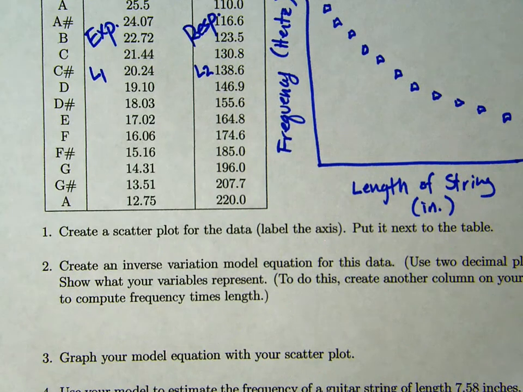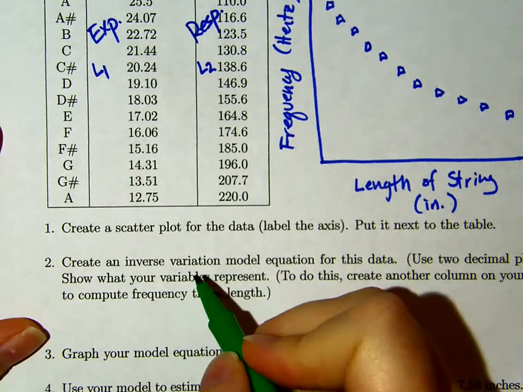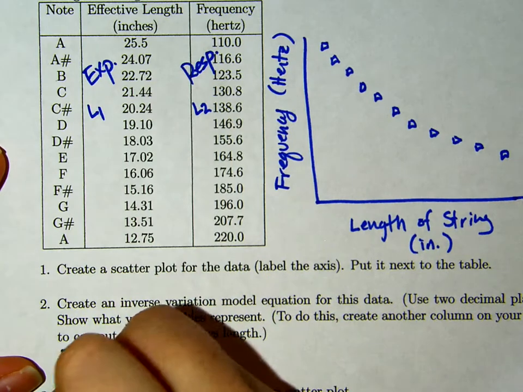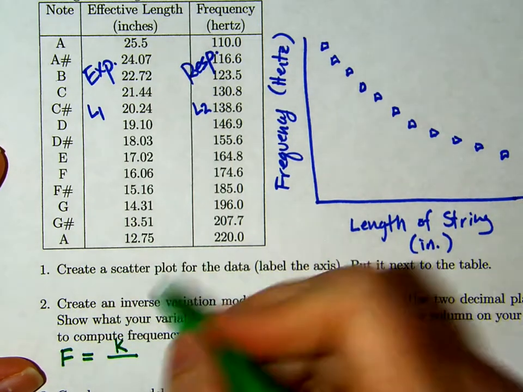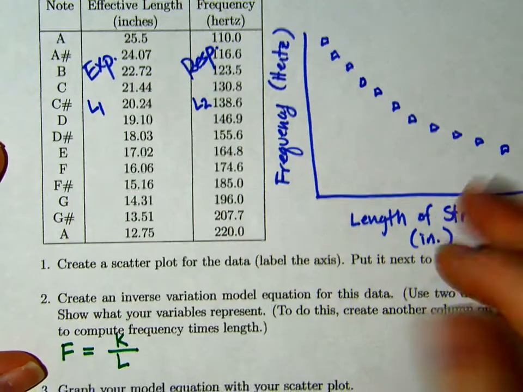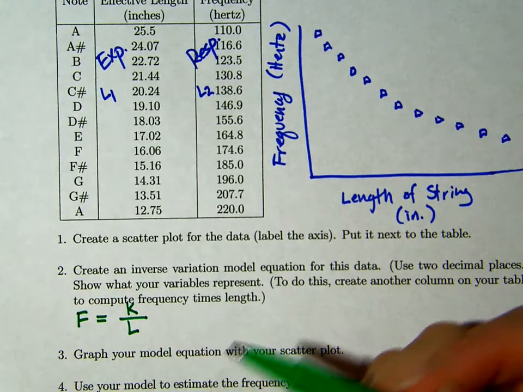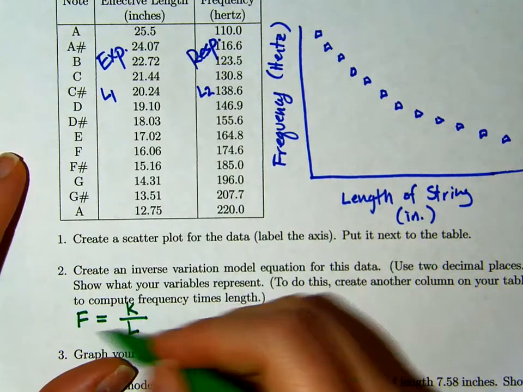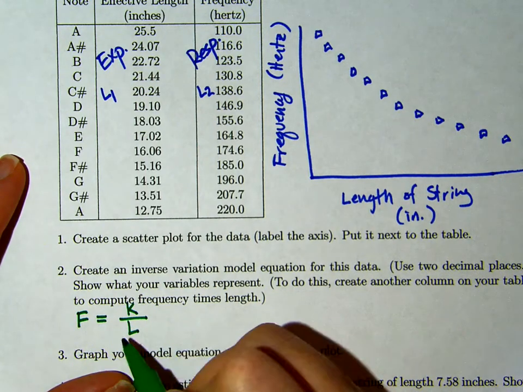The first thing that we did was write down that an inverse variation model says that the frequency would equal k divided by the length. So that's just the model's format, where k is some constant. And then I remember we found the constant by finding an average. We multiplied, so we scale up both sides by